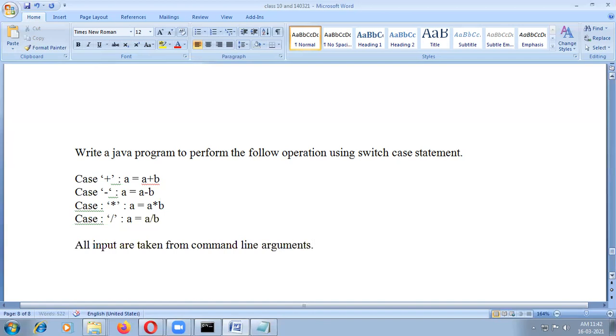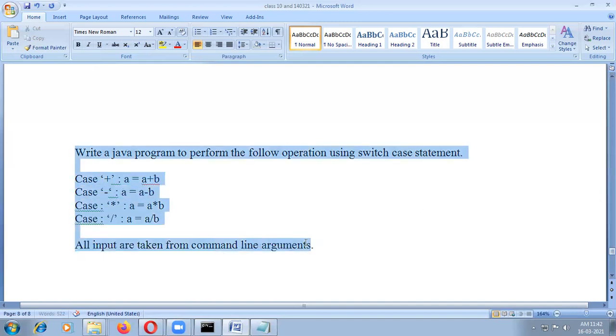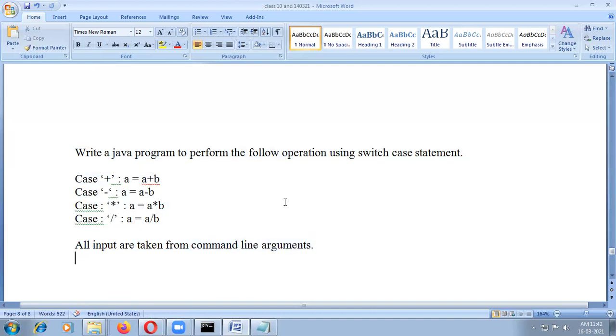So you can take all inputs from command line arguments. Write a Java program to perform the following operations. Operations means plus, minus, multiplication and division.